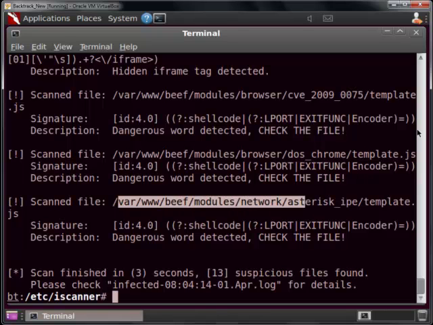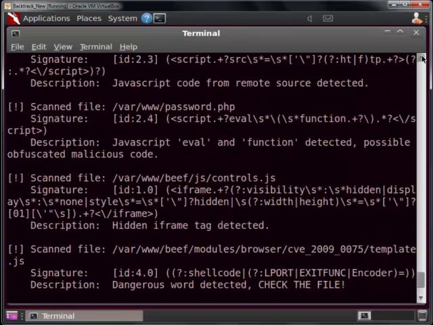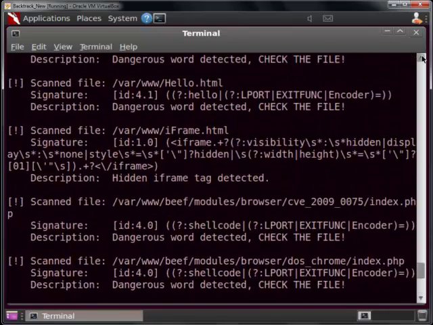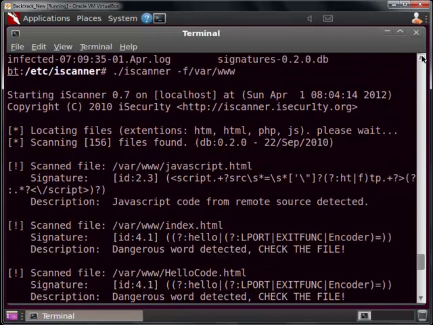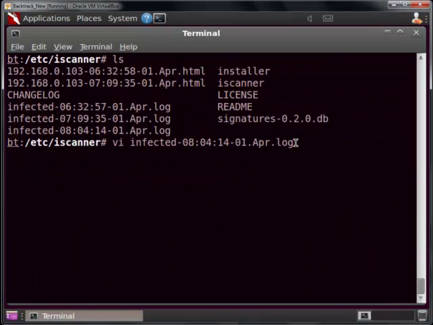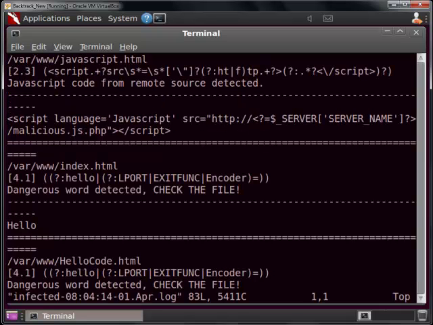subdirectories underneath it. I would also like to point out the extensions that iScanner is looking for when it performs its scans. The default extensions are HTML, HTML, PHP, and JS. You can modify the iScanner file to add additional extensions, which we will do in a moment. The scan we just ran created an infected log file that contains all the malicious code and vulnerabilities that were